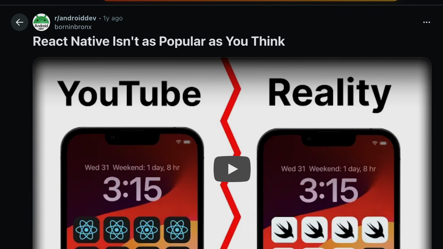If you watched my video about React Native, you may have noticed that I was very careful not to endorse any particular mobile app framework. That's because I legitimately don't know which one is the best. But today I'm going to fix that. In this video, I'm going to build the same app with 6 different frameworks and give my opinion on what framework you should be using for your projects.